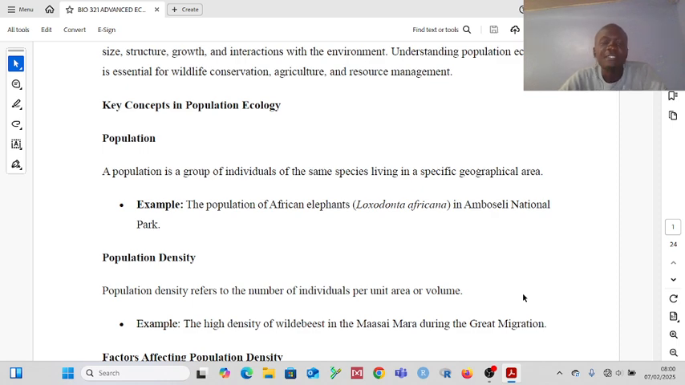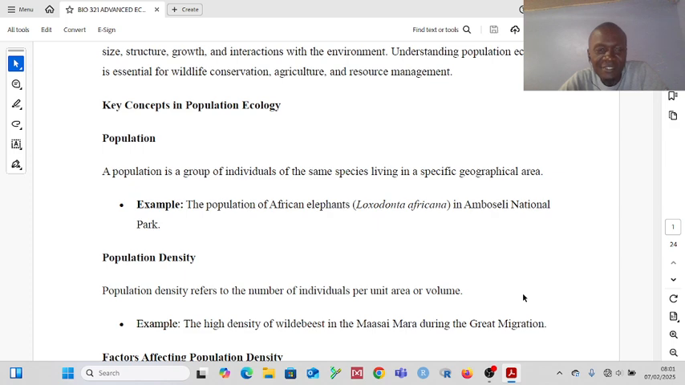So if, for example, you keep cattle, sheep, donkeys, camels, when you talk of a population, that is not the total. Your population is either you are referring to cattle, sheep, goats, or donkeys. So a population is a group of organisms belonging to the same species and living in